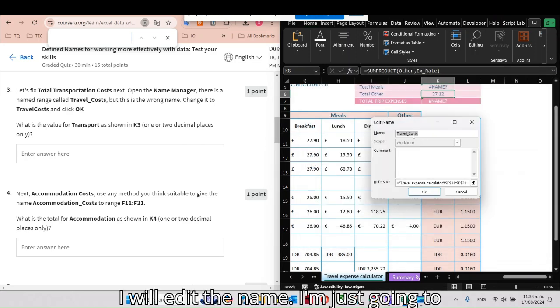I will edit the name, just removing the extra word, and I will press OK.